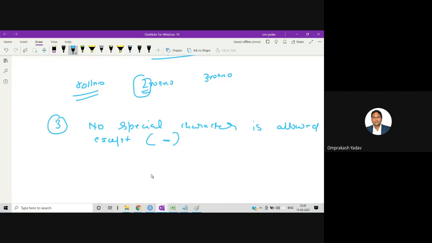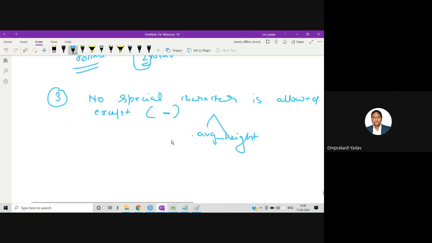For example, many times we write in this way, let's say average_height. So here, with the help of this underscore, I have joined these two words. Most of the time, this underscore sign is used for joining two words, and it becomes sensible also. We come to know that I am talking about height, but also about average height, right? So many times we give the name of the variable in this way so that it should be more meaningful.